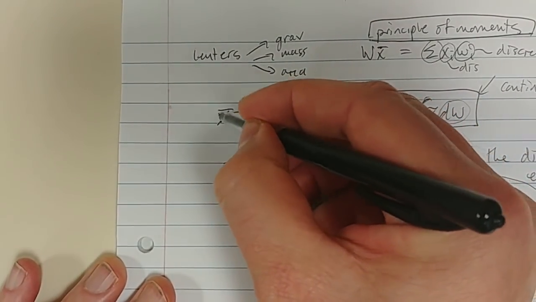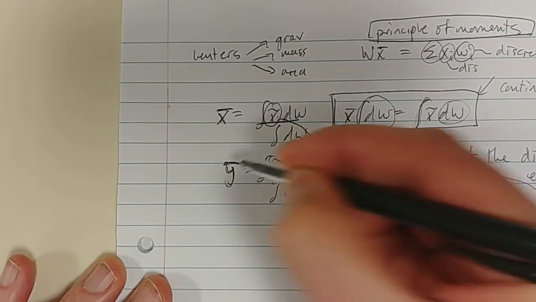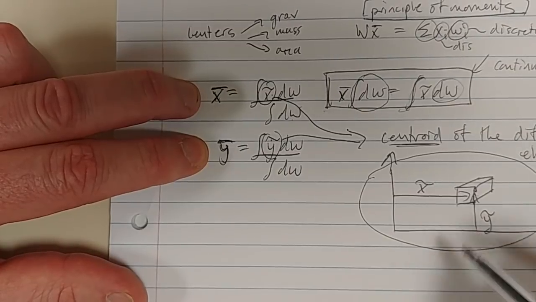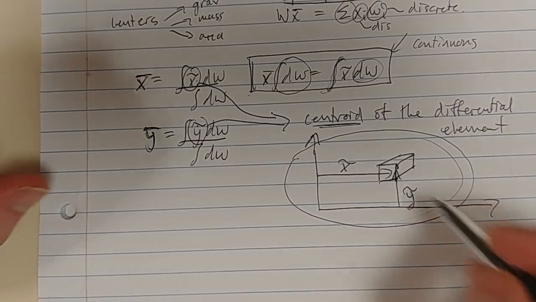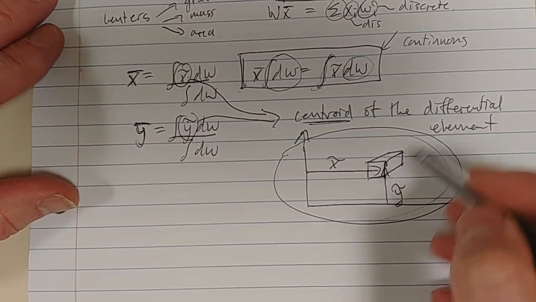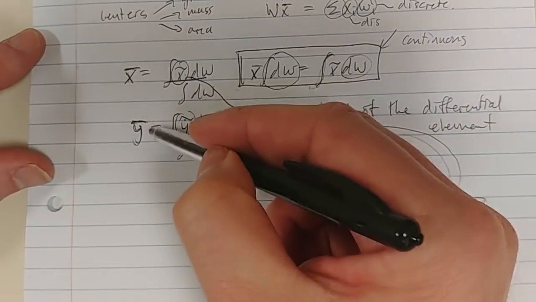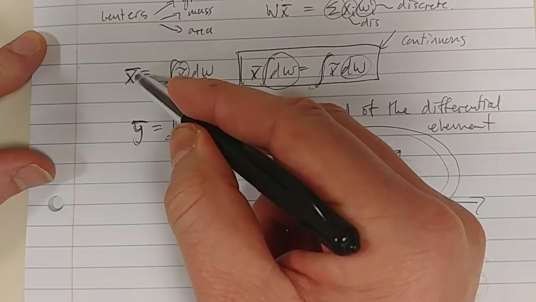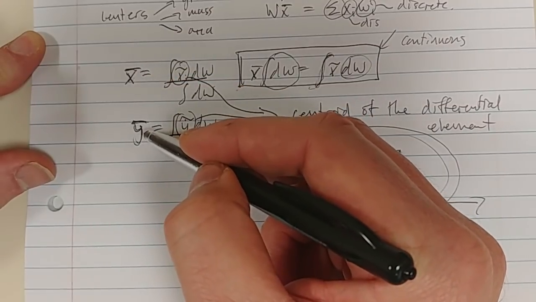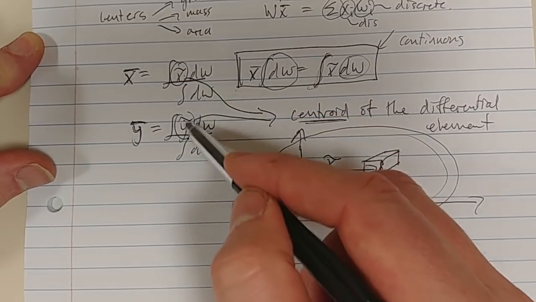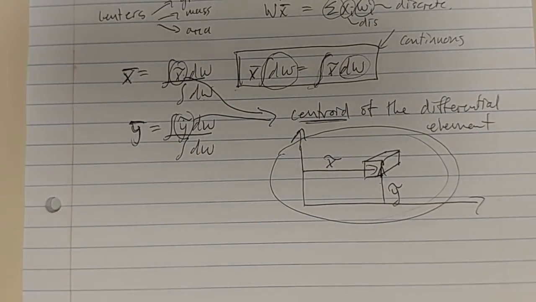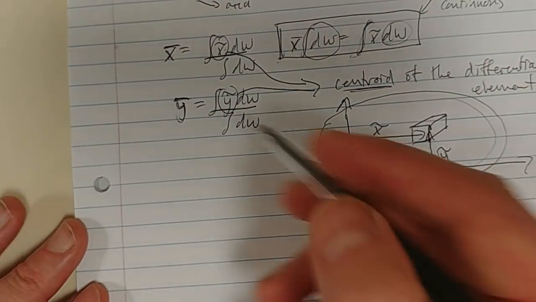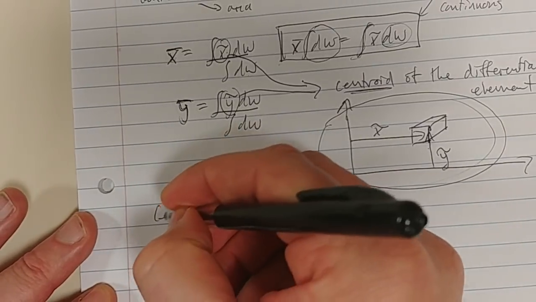And the x bar and the y bar is the location of the centroid of the total area, of the total volume, of the total weight, of the total mass. So these are the total centroid location, and these are the location of the differential elements. I hope my explanation is somewhat clear. So when we come to centroid of an area,